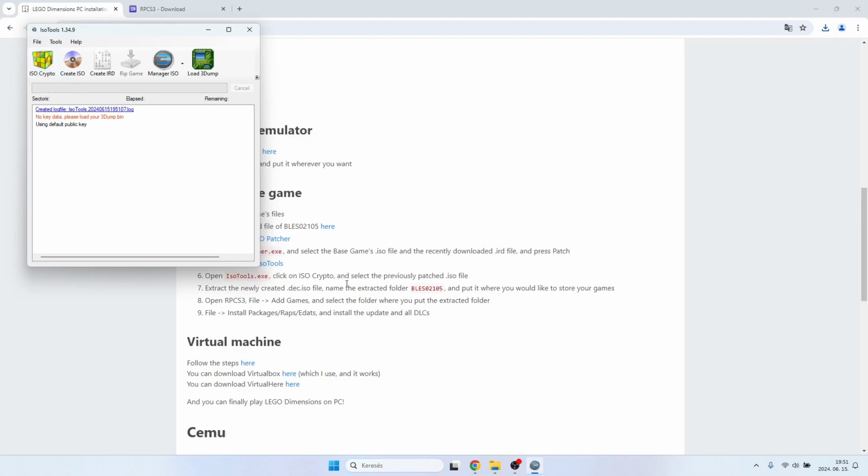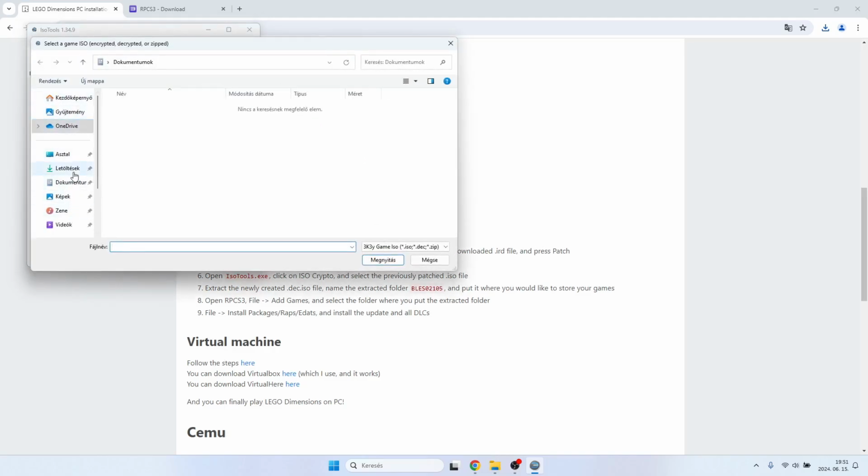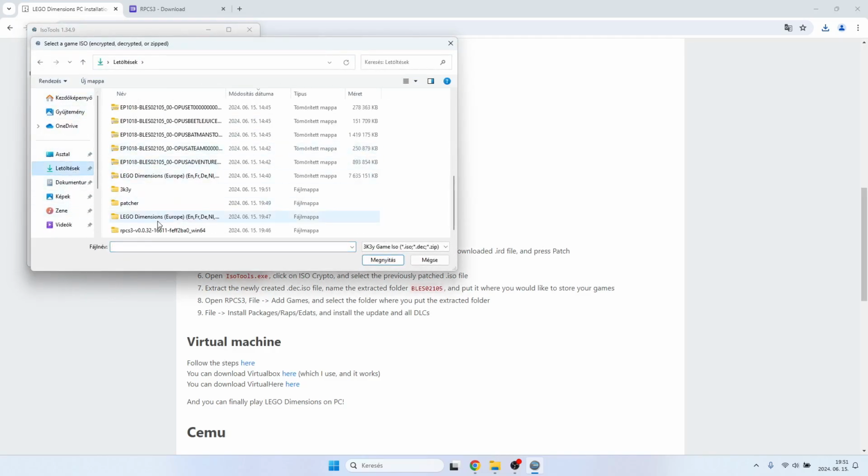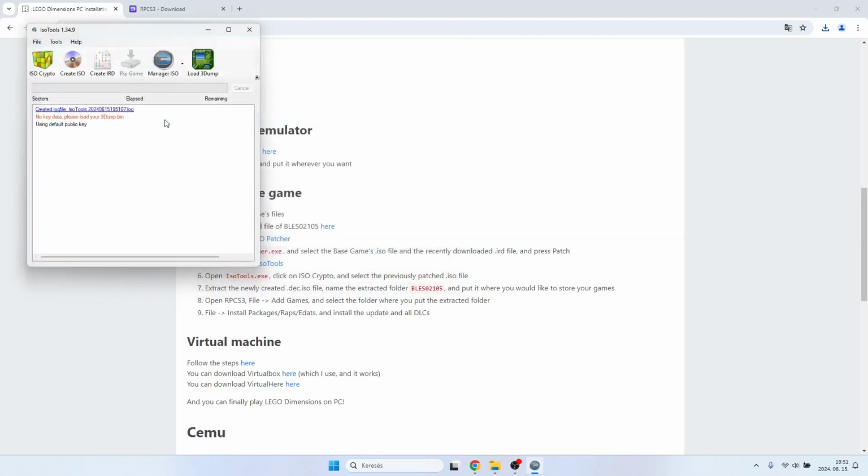So make sure, if for whatever reason you created a backup of the original ISO file that was in the zip, don't select that. You have to select the patched ISO file. So ISO crypto, and then downloads, and this ISO file. It can take some time,